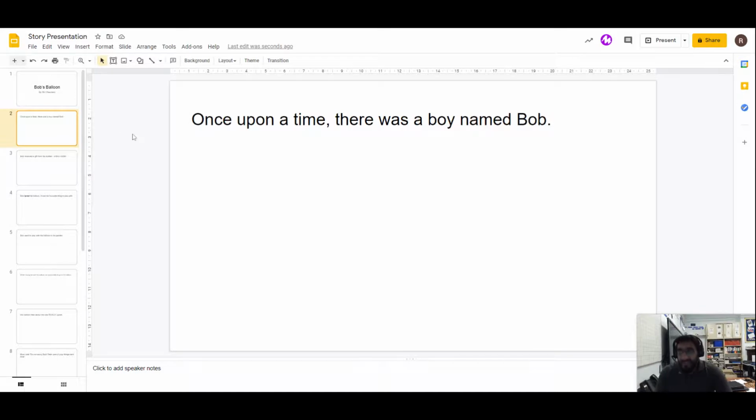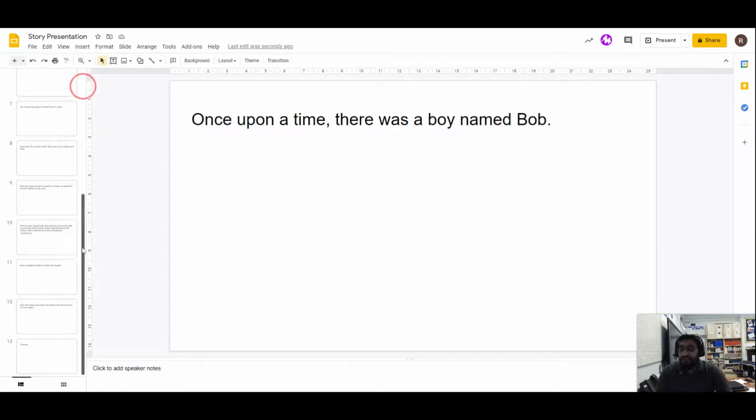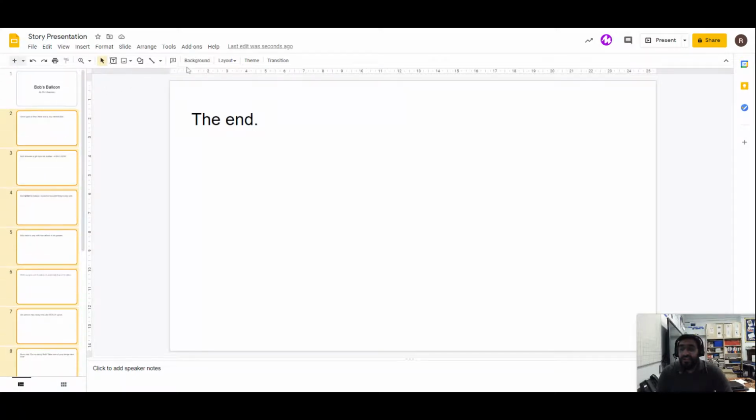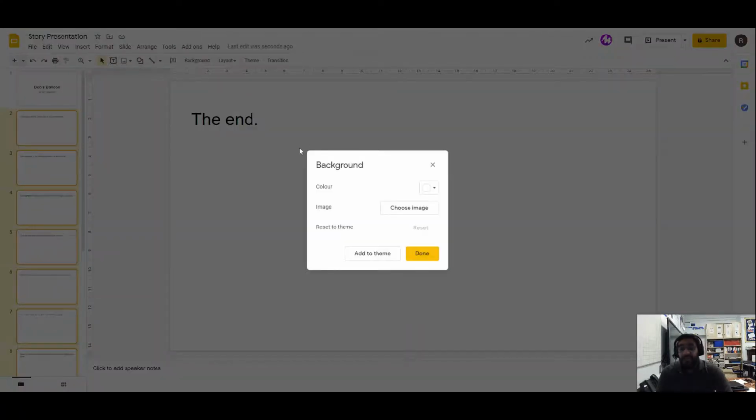So what I'm going to do is I'm going to hold down my Shift key. So look, I've selected my second slide. Hold down my Shift key. I'm still holding it. You can't see it on the camera, but I'm holding it. And I'm going to come down, click on my last slide. And as you can see, they've all gone orange. So I've selected them all. And now I'm going to head over to background. And I'm going to change the color of my presentation.